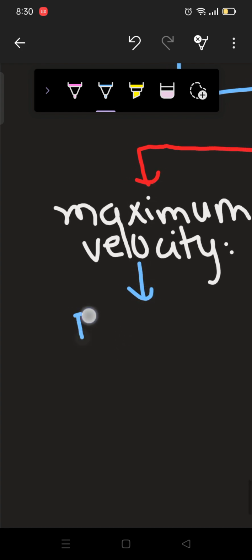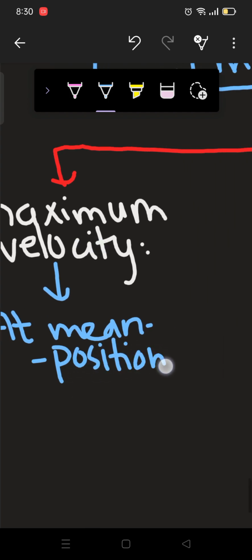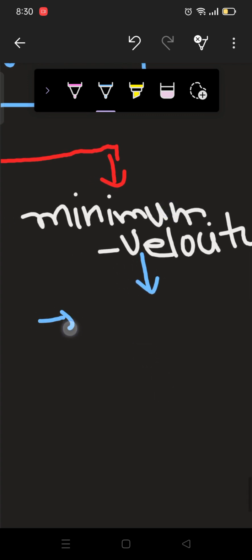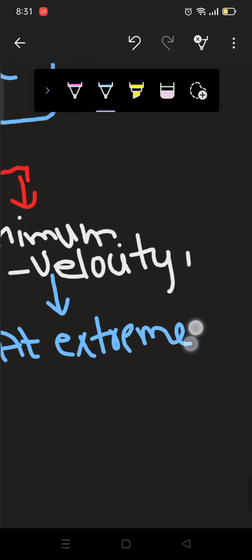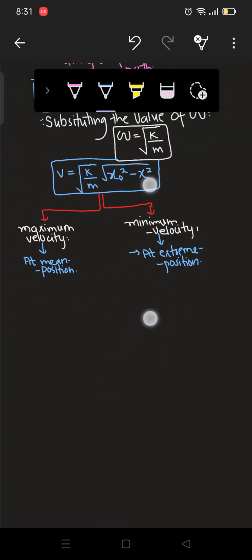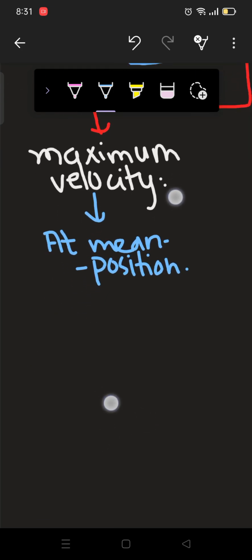At the mean position we are going to have our maximum velocity, and we are going to find the minimum velocity at the extreme position. Minimum velocity at the extreme position,